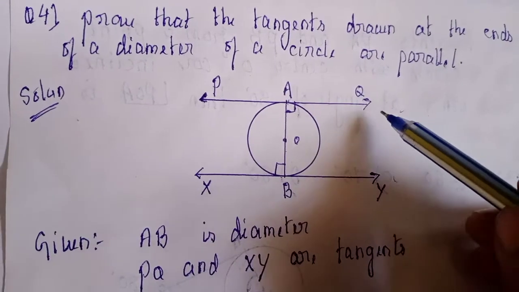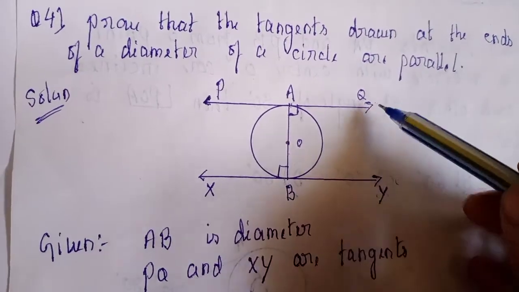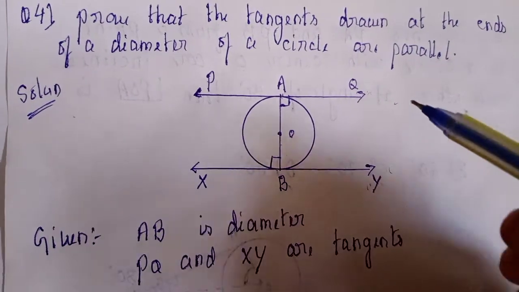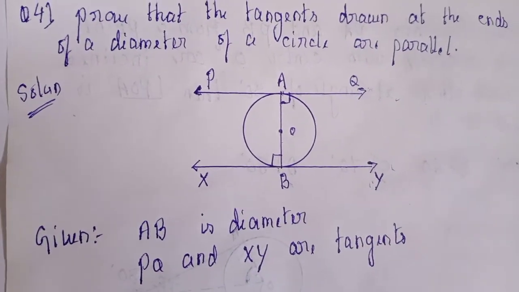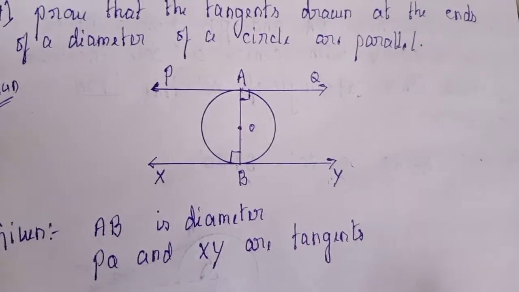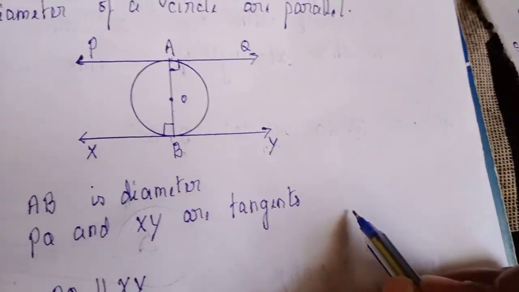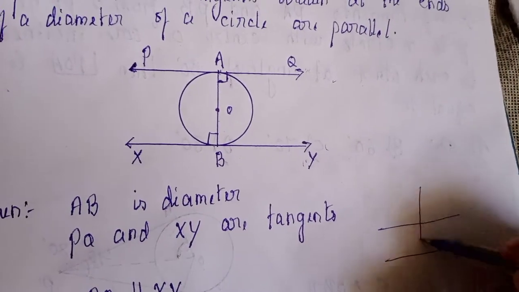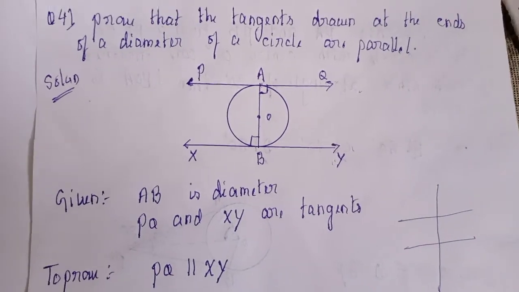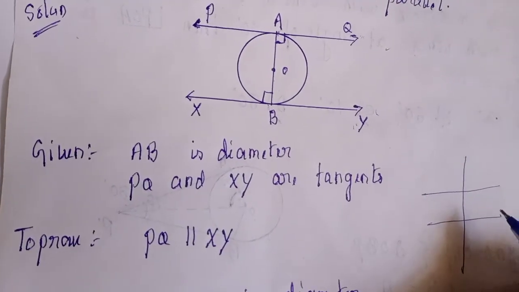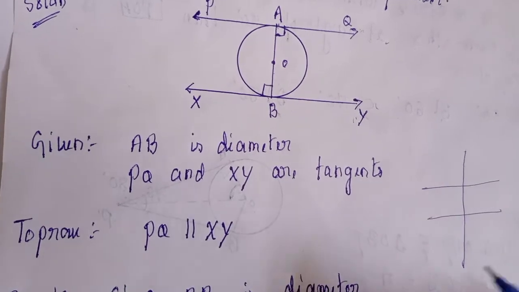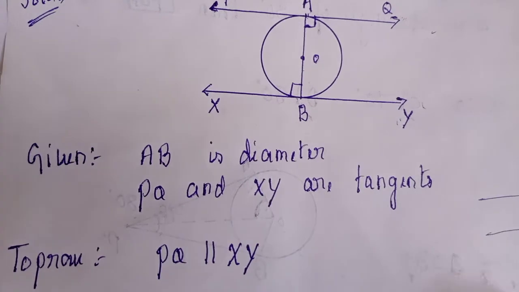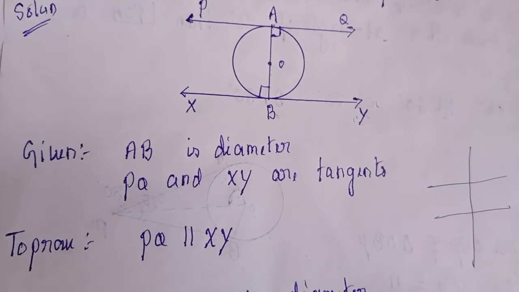So what do I have to prove? I have to prove that these two tangents are parallel. Before I start, how do we prove they are parallel? Can you measure, or by seeing can you tell that they are parallel? No. For that, you should know what you have learned in previous classes: two lines are said to be parallel if alternate angles are equal, or corresponding angles are equal, or the sum of co-interior angles equals 180. These are the three concepts by which you can prove lines are parallel.